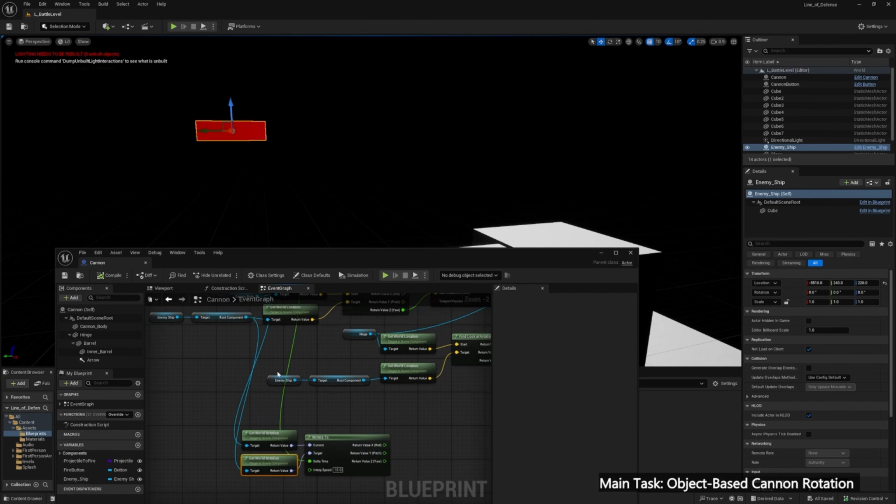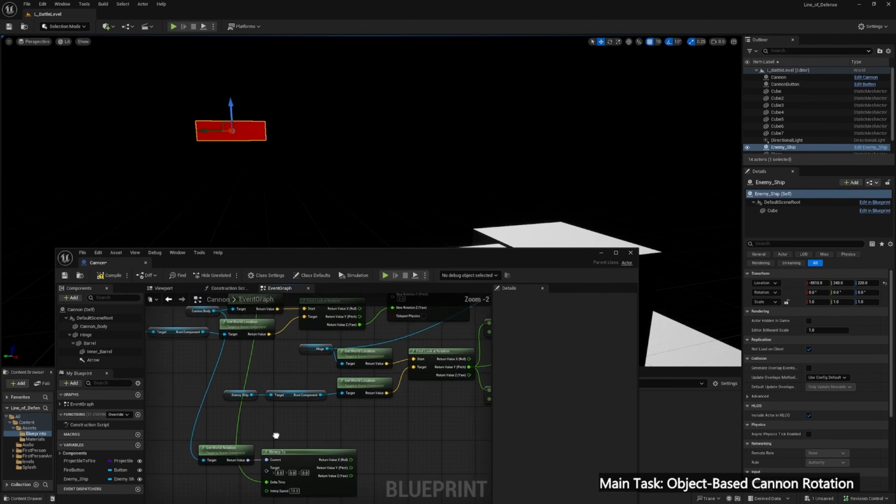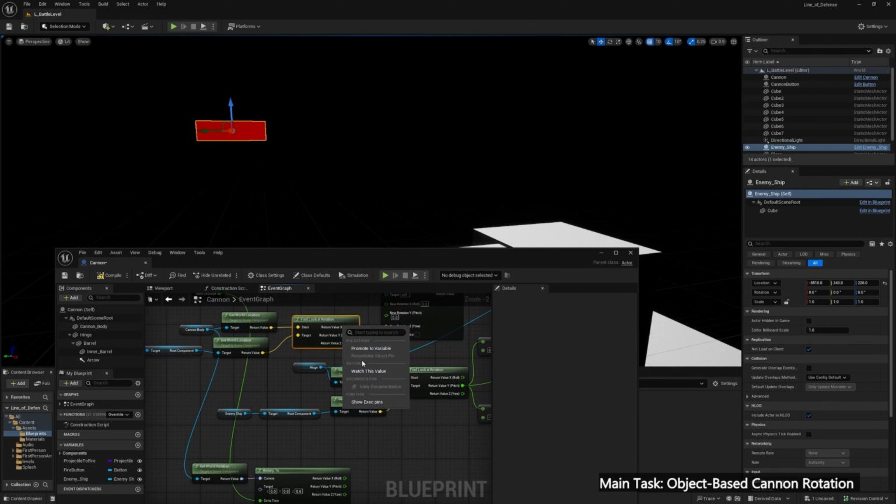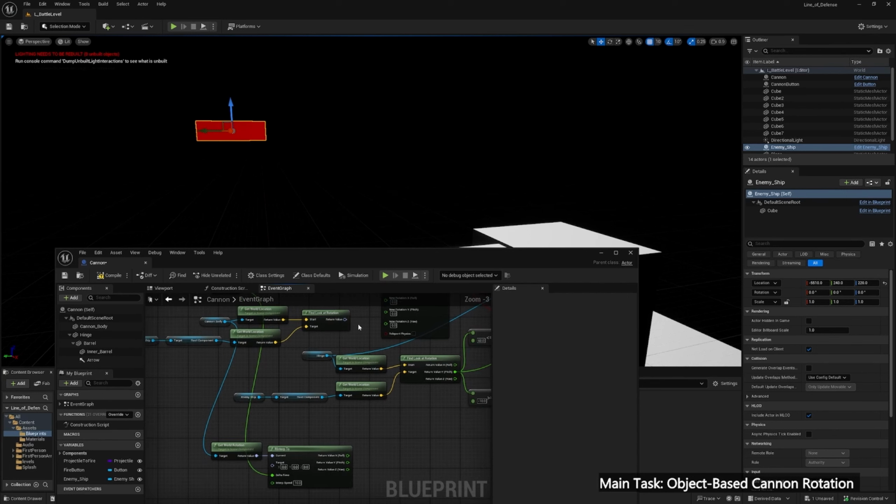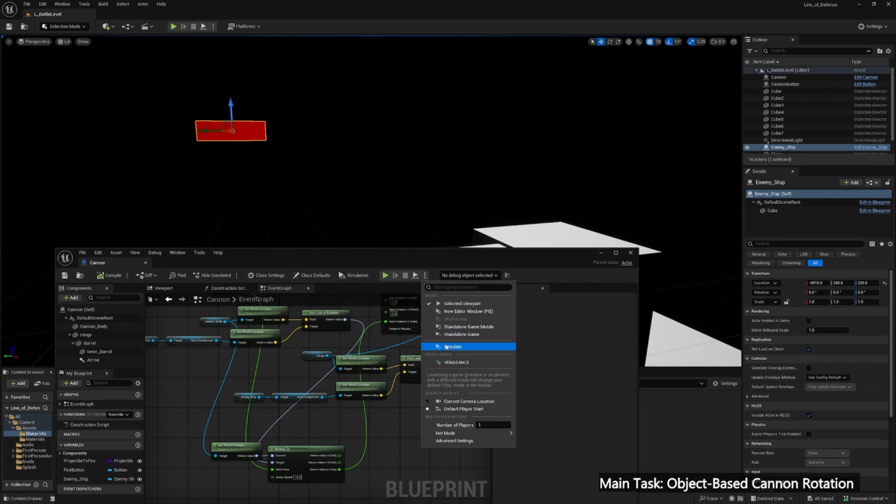Oh, I might be a bit silly. I think the way that it wants it to work is that instead we break, recombine. I think this needs to go into the target, and then this as just the Y goes into there. That might be it. Because I think what was happening is this is taking the current rotation of it. It wants this rotation, which is what it's expecting to find. And then this is that rotation action. So if we run simulate,